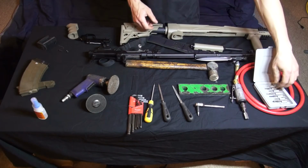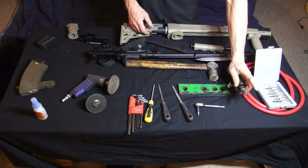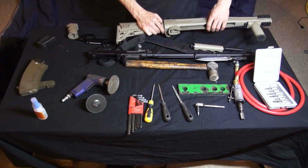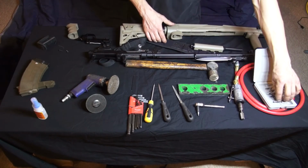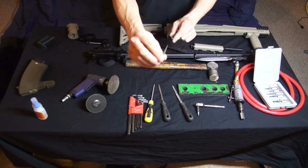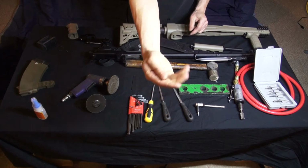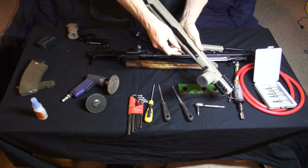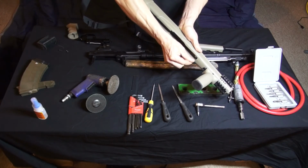Yeah, and then the different Dremel tools, you want a nice straight one to do the modifications where you have the straight surfaces, just to keep it nice and neat. Then I also needed a really small beveled one that basically allowed me to go into the corners of this particular stock here. Okay, so I could